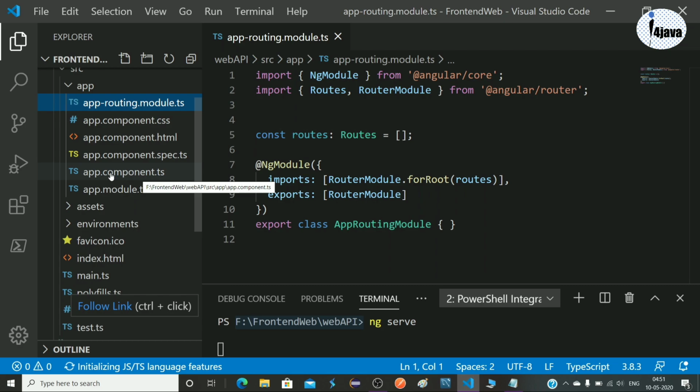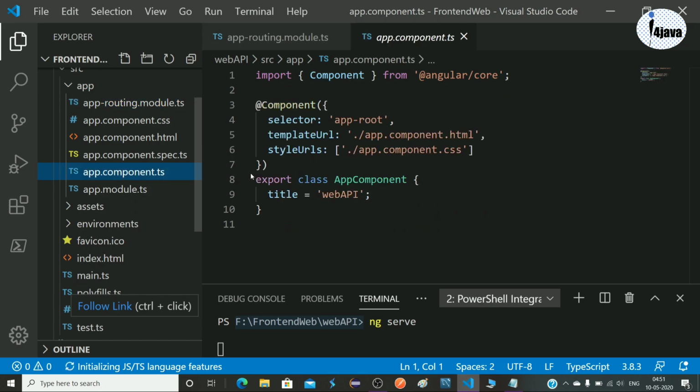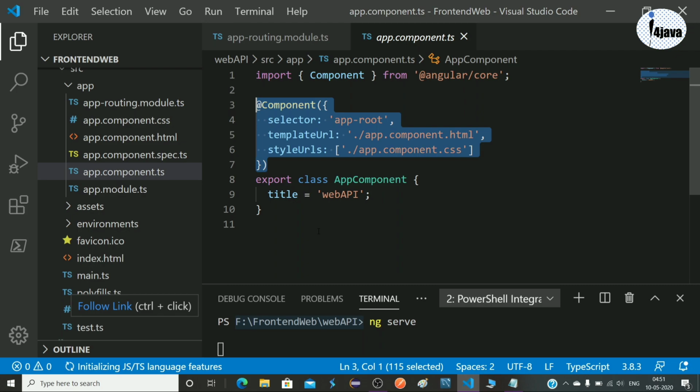If you don't know what a component is, this is our component class. A component is nothing but a TypeScript class with some metadata. This is called metadata, and this is our TypeScript class.